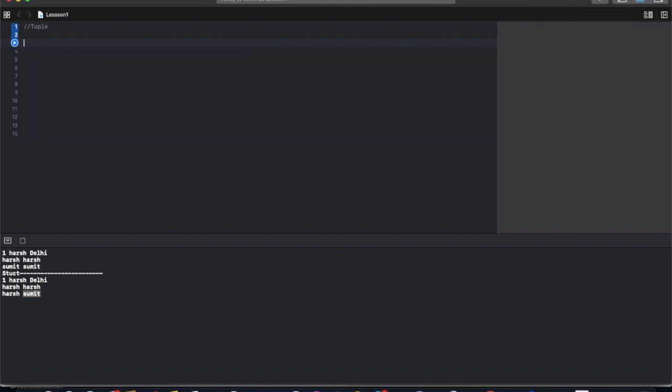We are just creating p1, person, and we just provide the values here. Like person has ID 1, it has name Harsh, and it has address.